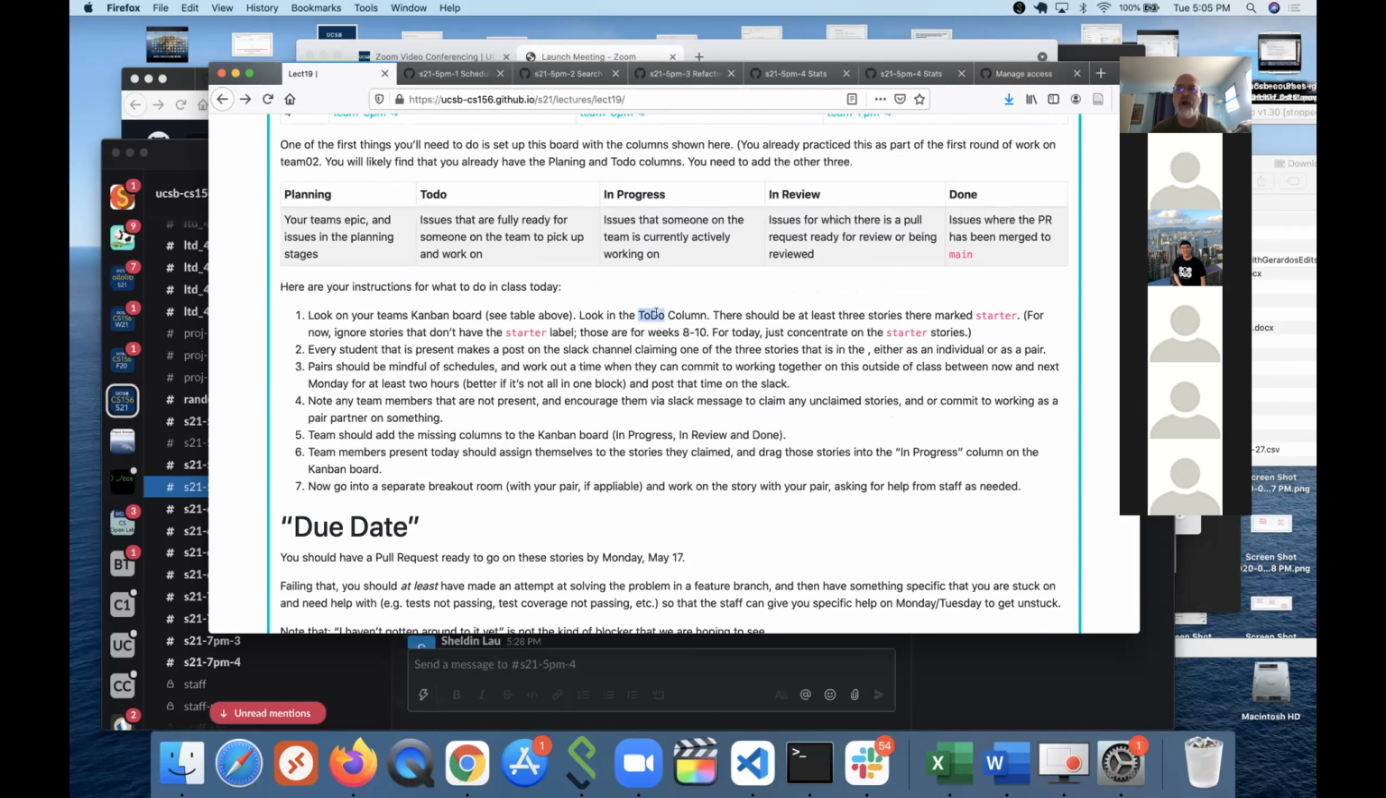You're going to look in the to-do column. There should be at least 3 stories marked starter. For now, ignore any stories that don't have the starter label. Those are for later. Every student that's present should make a post on the Slack channel claiming one of the stories in the to-do column with the starter label,